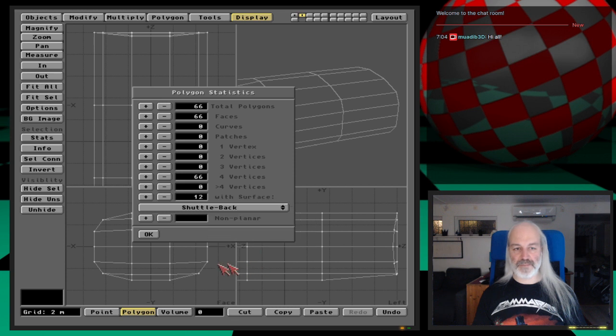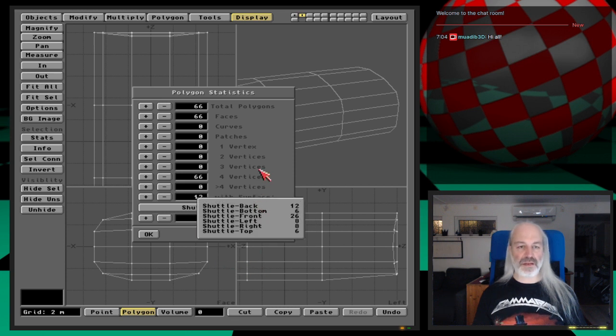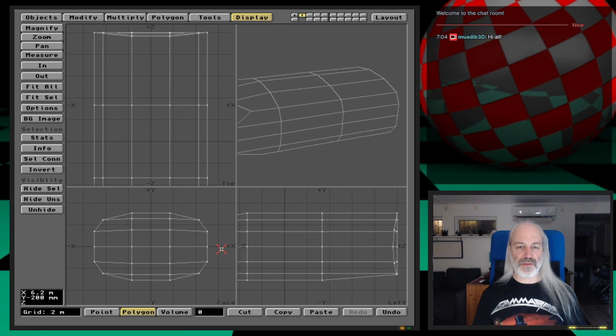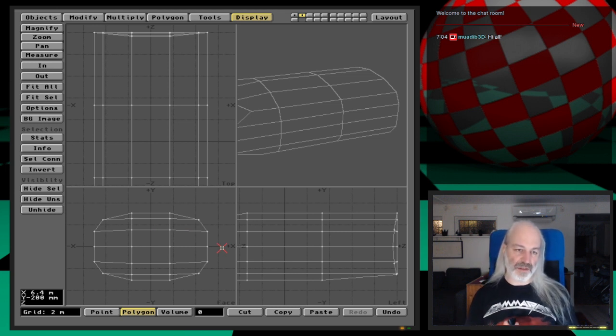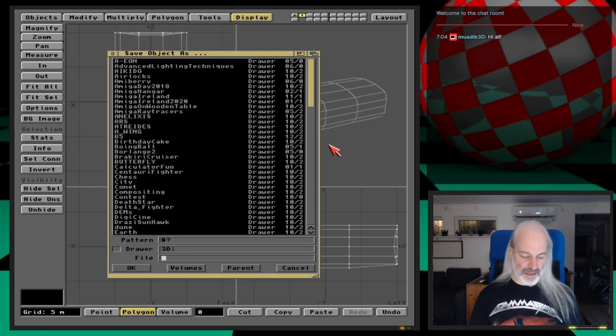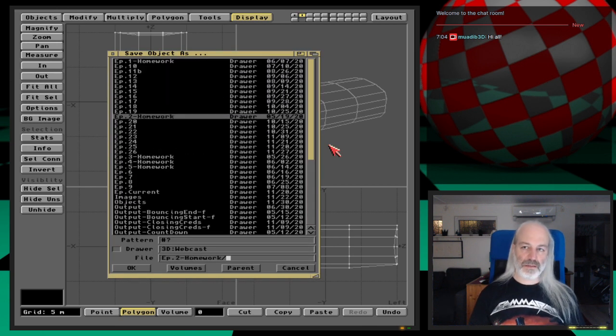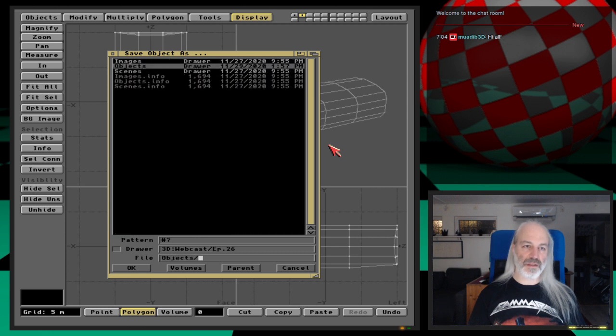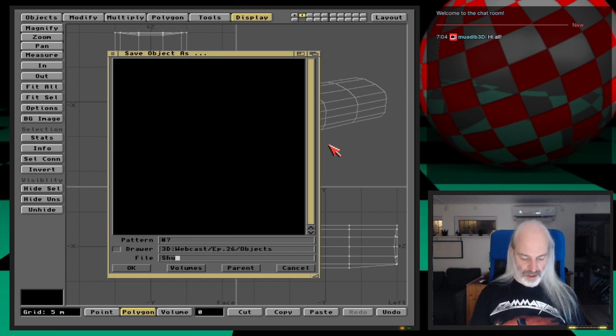Okay, so everything is being assigned to a surface here. So let me see that again and save that. Object shuttle,